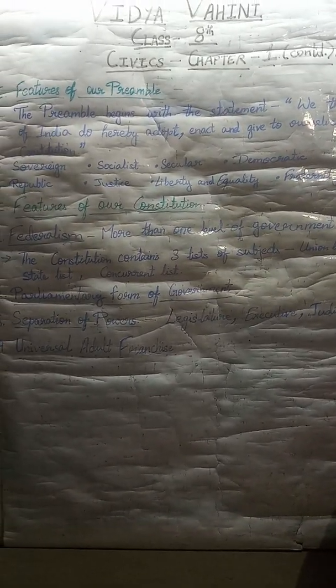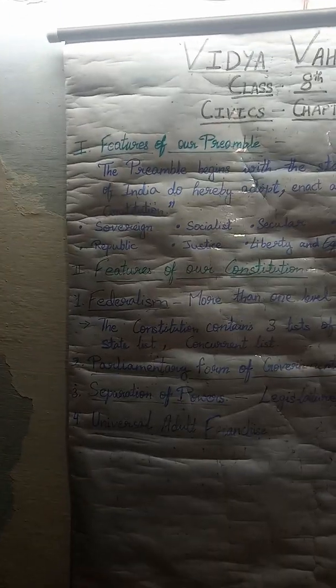Hello students, now we are going to continue with the first lesson of civics, which is the Indian Constitution, which we were studying in the previous class. Over there we studied what a constitution is, the importance of the constitution and how the constitution was drafted. Fine. As I have already asked you to go through the preamble, today we are going to understand the meaning and the features of the preamble.